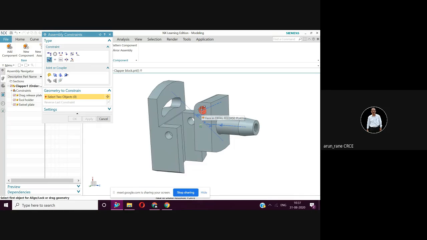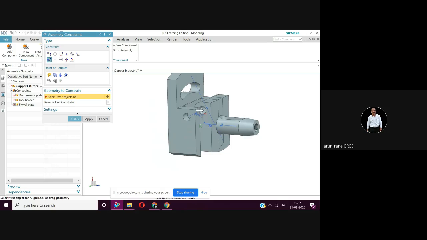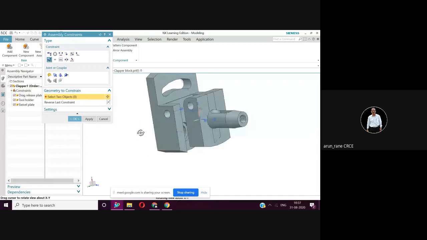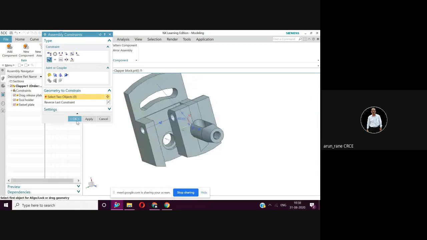First we'll select the added component. So which is your added component? This 12 plate. We will select face in this. See now this becomes my mother component. So the added component is this. So I am applying the constraint. Face in 12 plate. Select, one object has come here, and select this. And say rotate, see, yes it is aligned, and say OK.